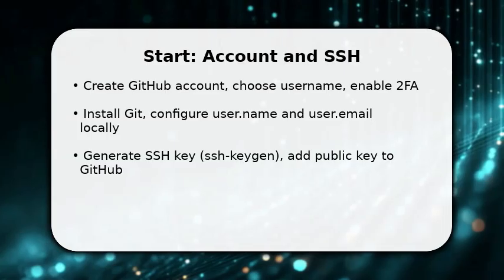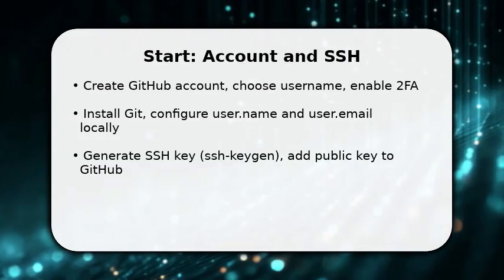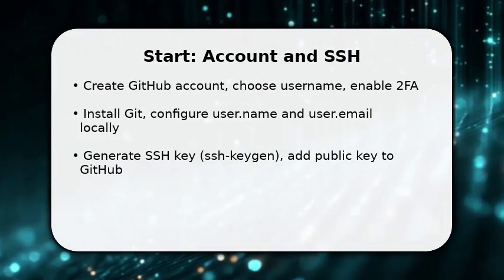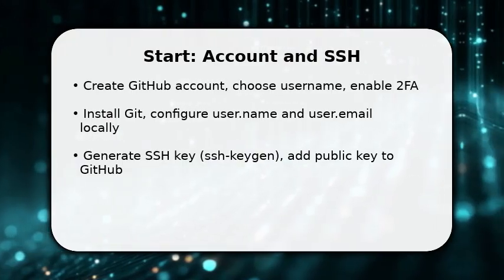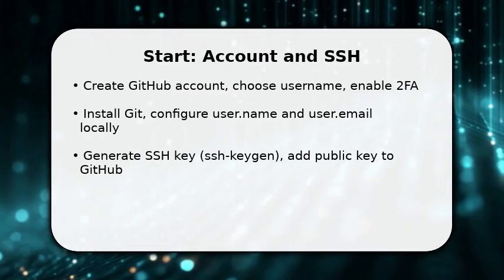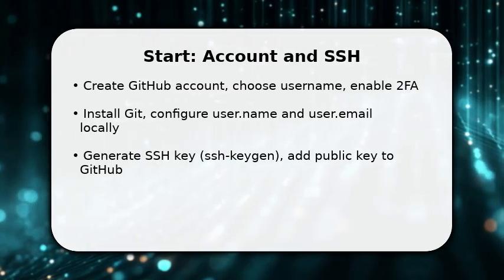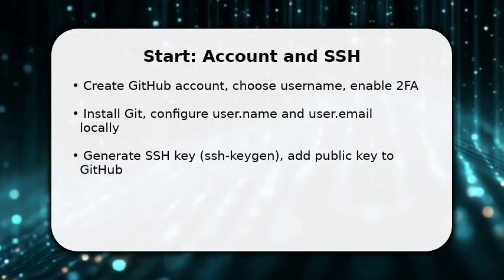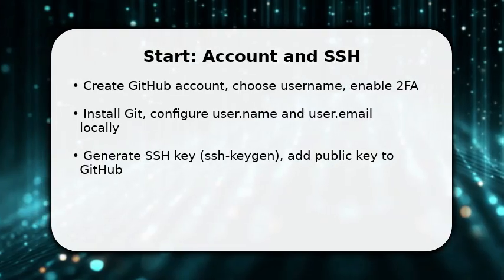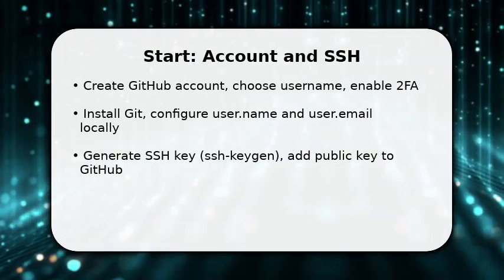You begin by creating an account and securing it. Enable two-factor authentication to protect your work. Next, install Git and set your user name and user email so commits attribute correctly. Then generate an SSH key and add the public key to GitHub to avoid repeatedly entering passwords. Once done, test the connection with ssh -T git@github.com